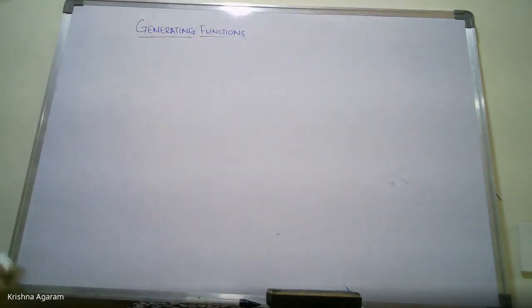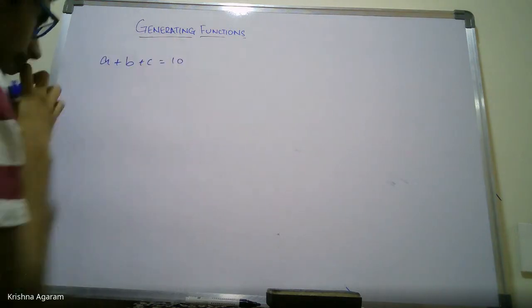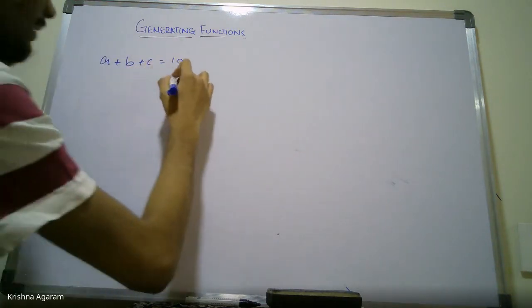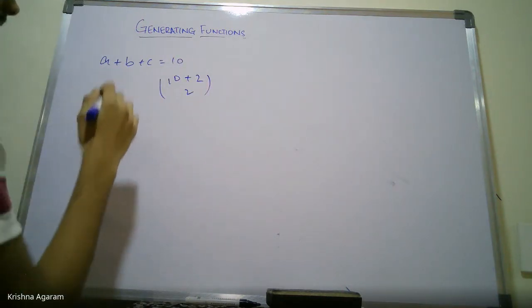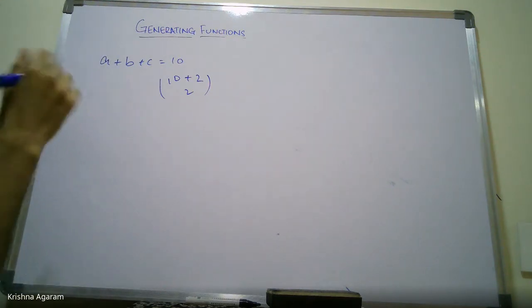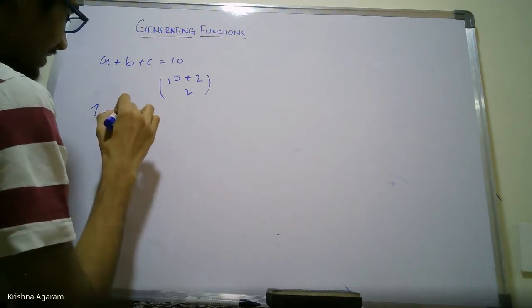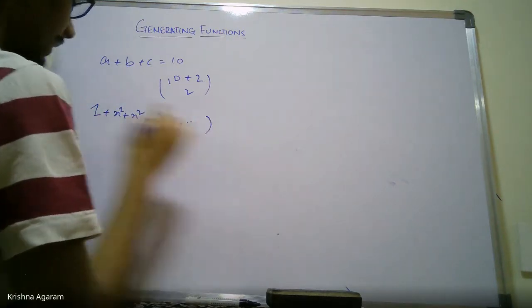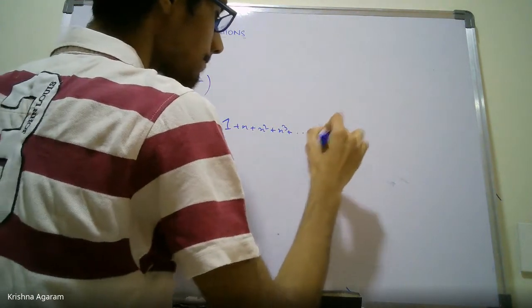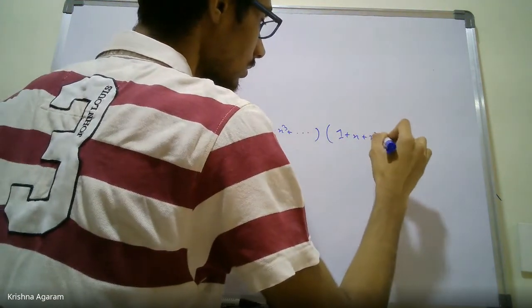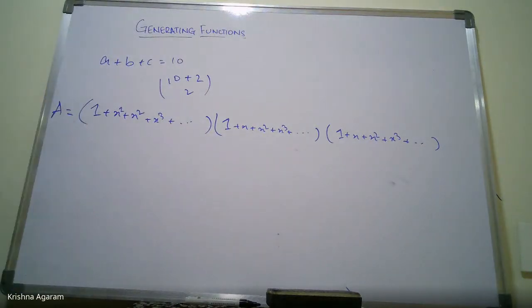Okay. So suppose you had to solve a plus b plus c equals 10. Non-negative solutions. This is very well known. This is 10 plus 2 choose 2. Now, using generating functions, this is where I was saying it's circular, right? So this is why it's circular. So a can be 0, 1, 2. I'll represent the powers with the values of what a can be. Right? So consider this. Okay.